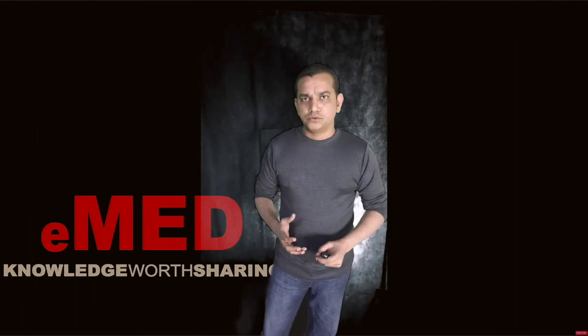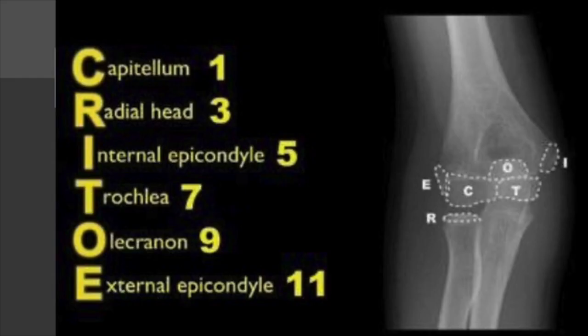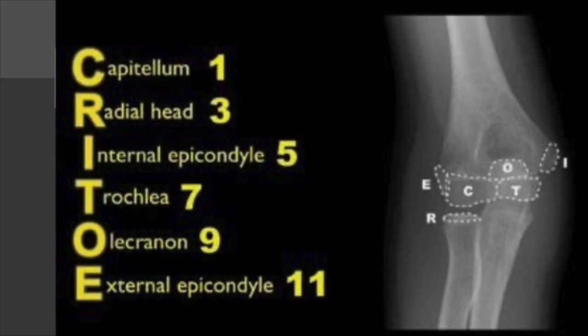Let's move on to CRITOE. You must have heard about this. If not, we will learn about it today. CRITOE is a mnemonic to understand the ossification centers at the elbow. C stands for capitulum, R stands for radial head, I for inner epicondyle, T for trochlea, O for olecranon, E